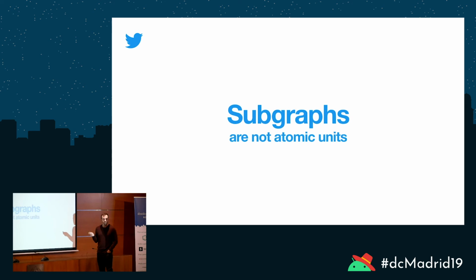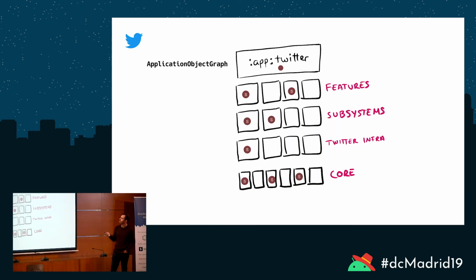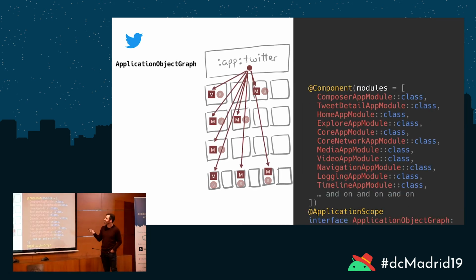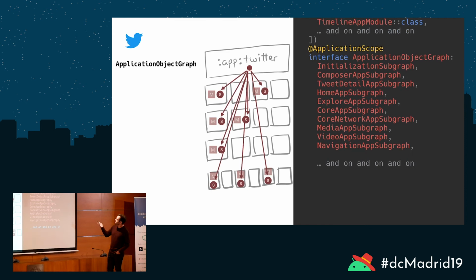Subgraphs, they're not really atomic units. So we did better with localizing them to the modules. We have subgraphs distributed to the modules. We have Dagger modules as well distributed to the modules. But then we have all of these direct dependencies. You saw that graph that Nacho showed earlier. This is exactly what it looks like, right? We have all those references at the top to every one of those subgraphs, and everything is coupled statically in that every single subgraph is referenced directly from the top,